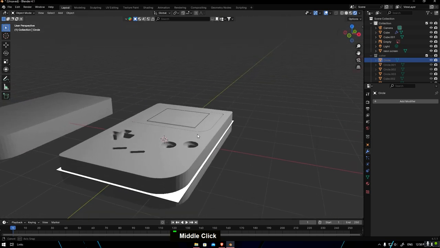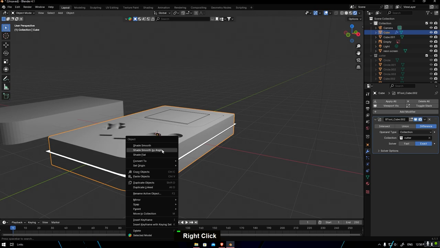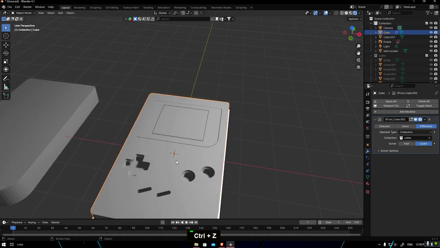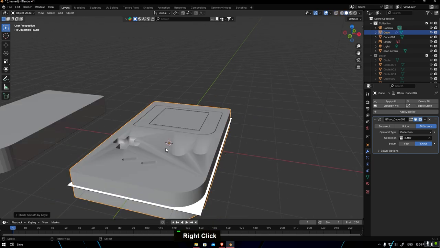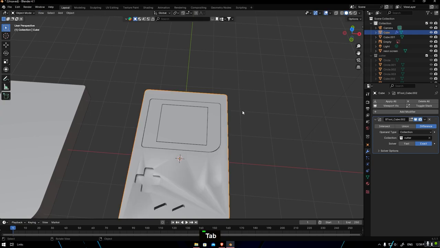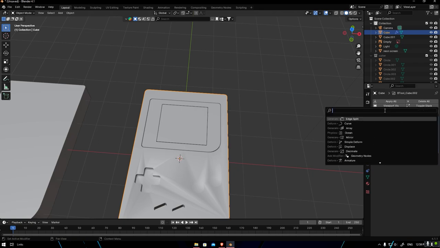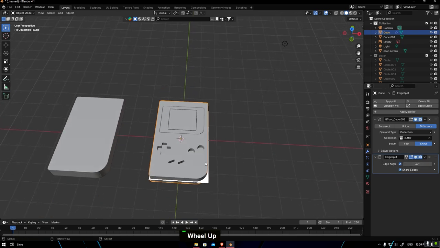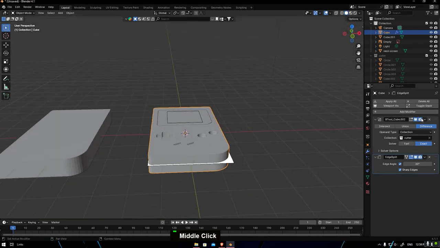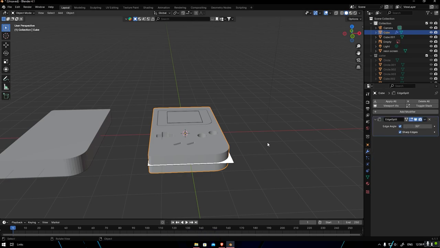For now I have the base shape here. I can go apply the cutter. Yeah, first I'm gonna shade smooth it. If you have this problem like this, while you shade smooth or anything, you can see the topology is destroyed. But we can fix it with, we're not gonna fix the topology, but fix this issue. So I'm gonna go here and search for edge split. Just edge split. Make sure it's at the bottom here. So now we're good. So I'm gonna apply these cuts here, and then I'm gonna use the same buttons